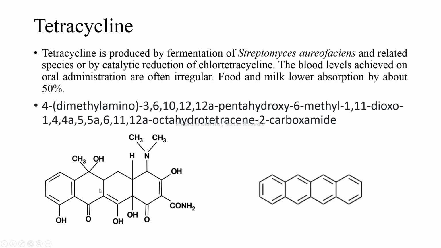So you will find these double bonds are missing in the structure of the tetracycline, and hence they have mentioned octahydrotetracene. Octa means 8, hydro means hydrogens are added. Why tetracene? Because this ring is there in the structure of tetracycline. And the remaining portion, the amide, is a 2-carboxamide. In the previous structures, the cephalosporin, it was the carboxylic acid, but over here it is a carboxamide.